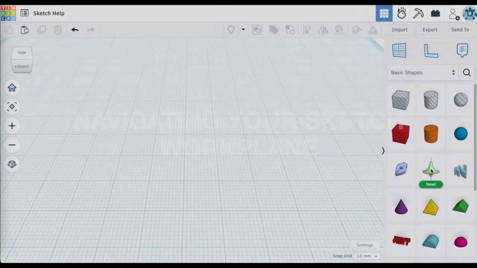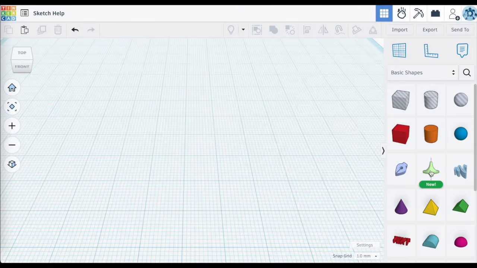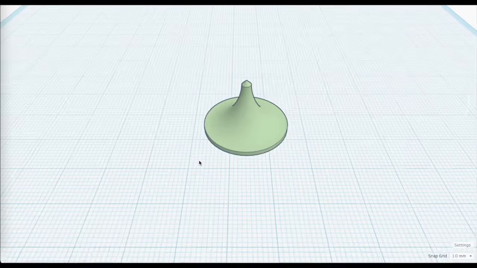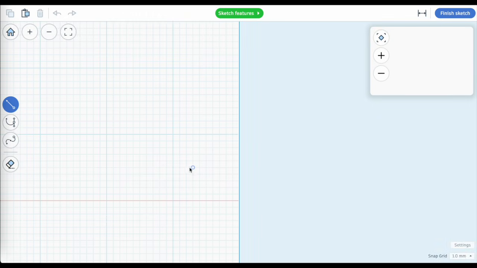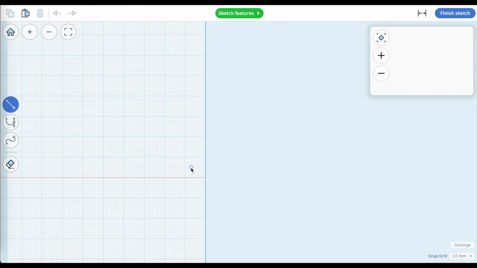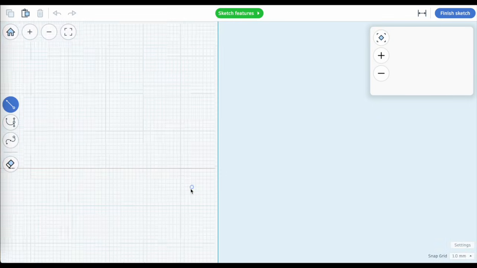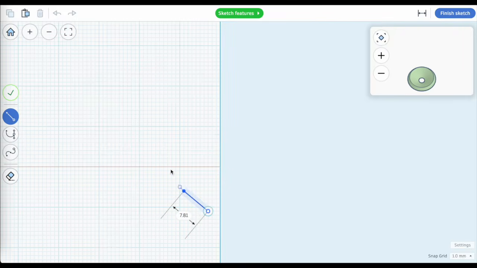All right, this tip is all about navigating your work plane. So let's drag out another sketch here. Let's drag out the Revolve Sketch, and you're going to notice that I have the ability to zoom in and zoom out, which is great. But I always find myself, as I start to make my sketch,